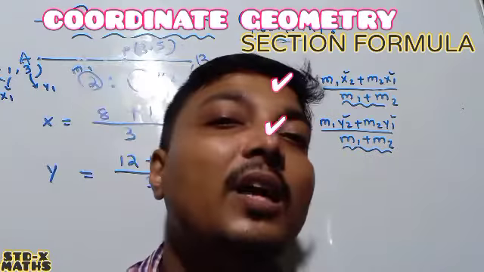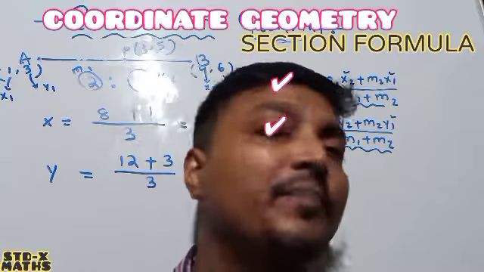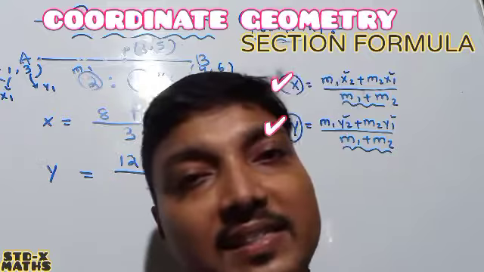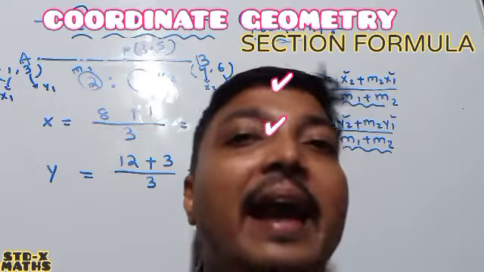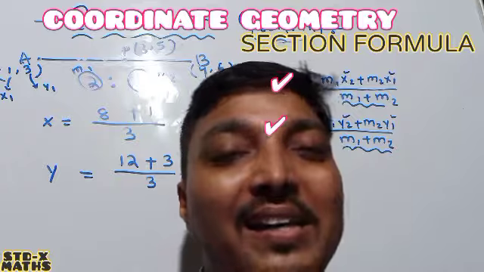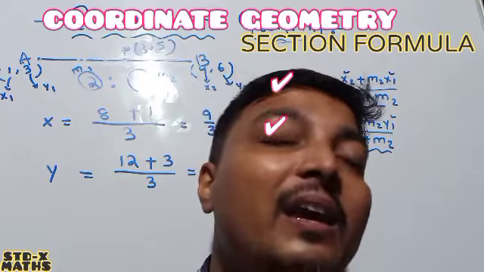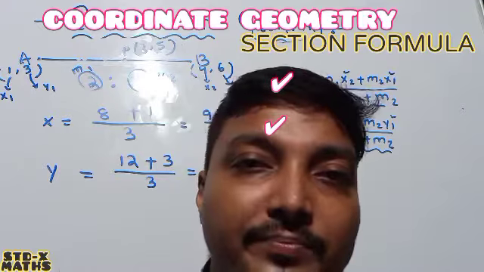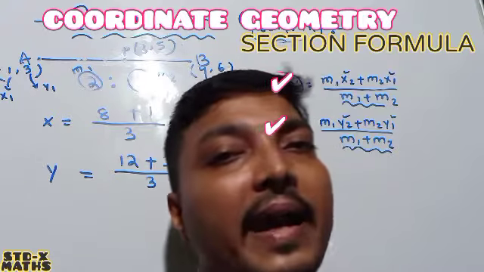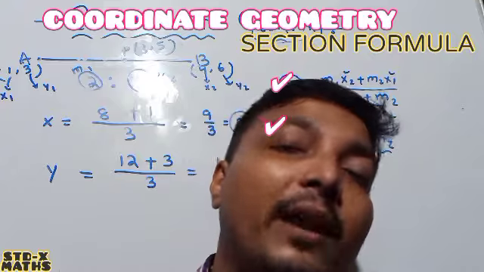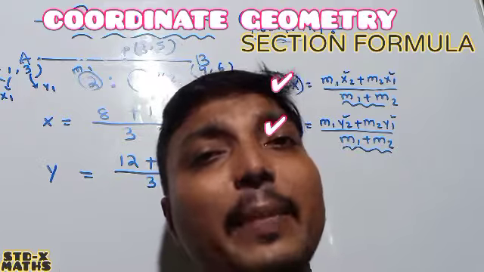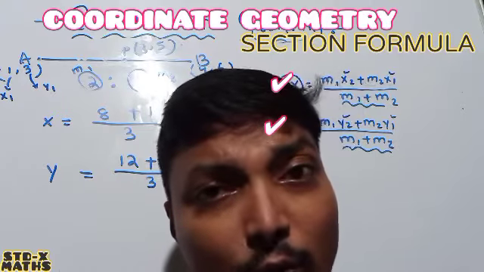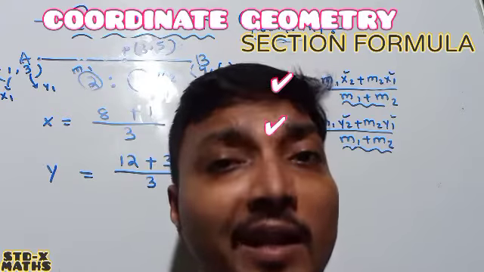Okay, so this chapter has only three formulas. The first one is the distance from the origin. The second one is the distance between any two points. And the last one is the section formula. In the section formula, you only have to find which one is x1, y1, which one is x2, y2, and the ratio, then put them in directly, so that you can find the point which divides the line segment in the ratio of m1 and m2. I hope everything discussed is easy, I feel.